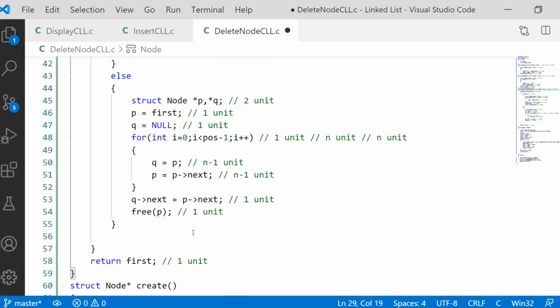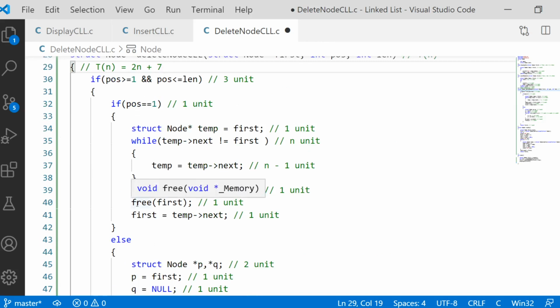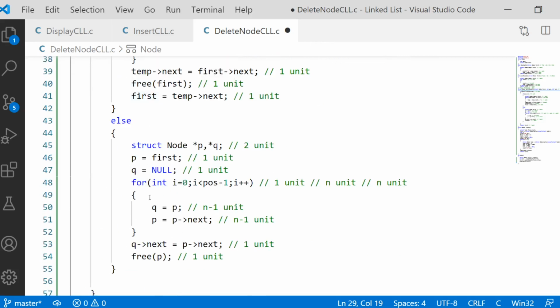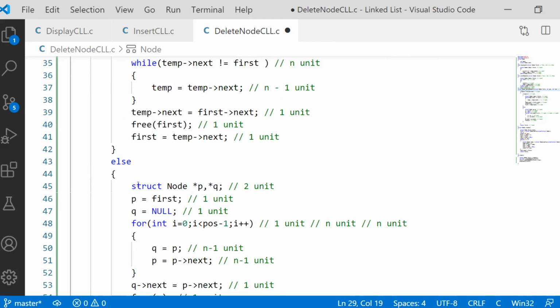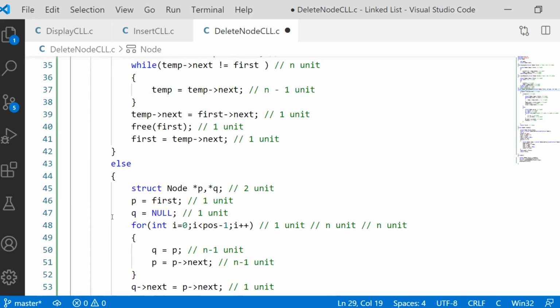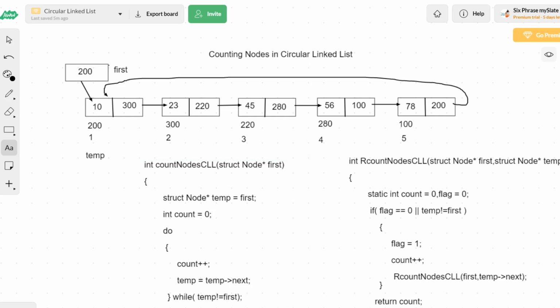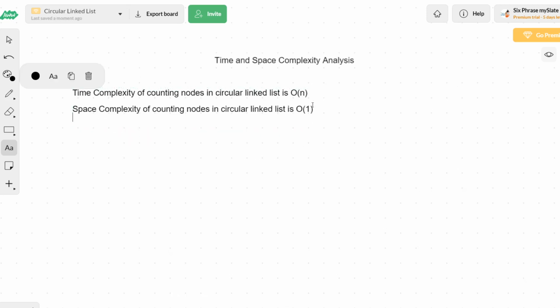because it's outside the if. Even if the if condition is working or the else condition is working, this return statement will be executing, whether you enter into the if block or the else block. So one more unit of time we have to add, so 2n plus 8. 2n plus 8 is a linear equation. So the time complexity for deleting the head node from circular linked list is